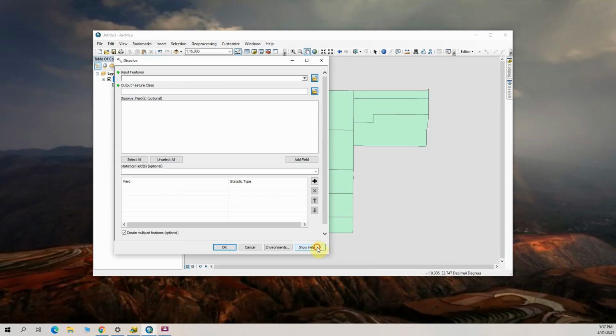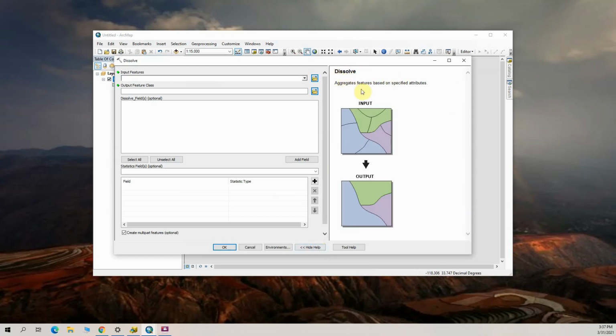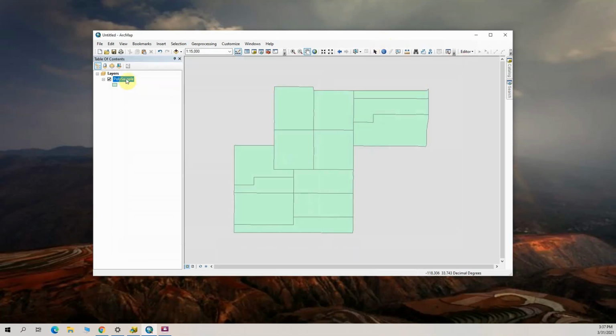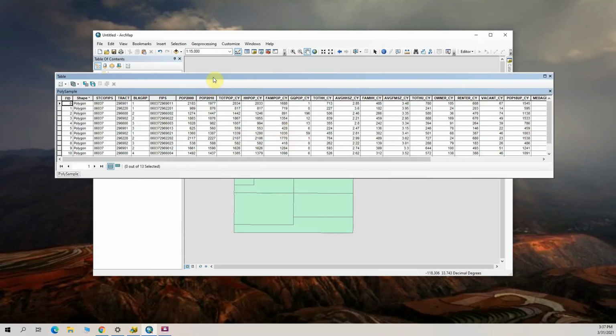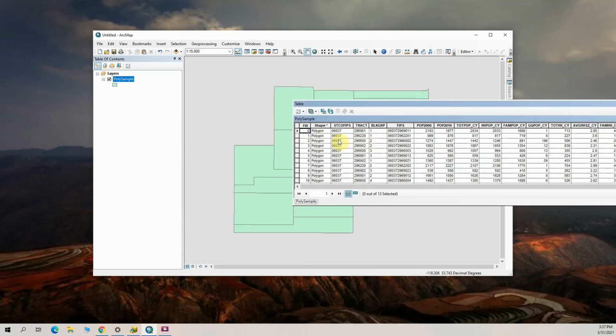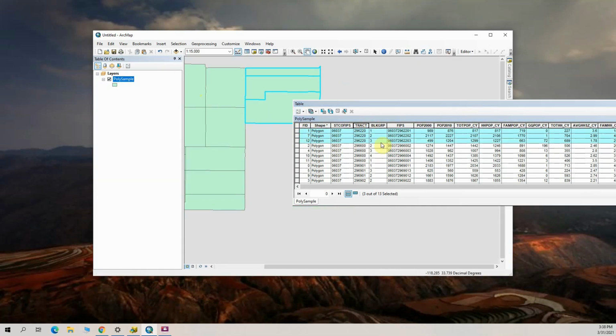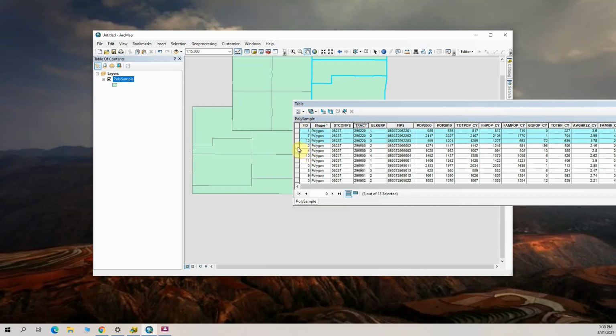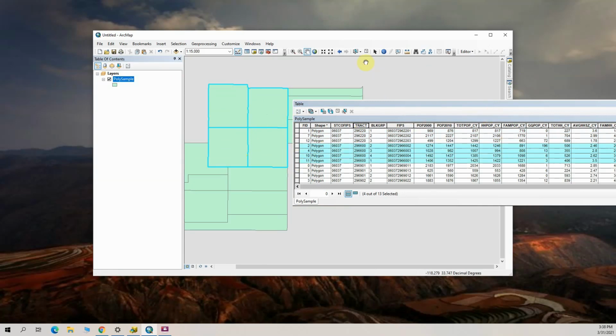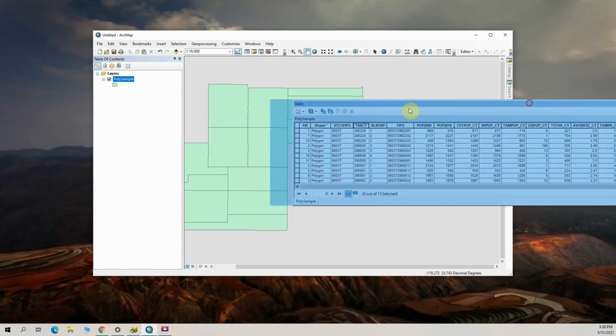And the help says dissolve aggregates features based on a specified attribute, and in our case we're going to use the tract. So 1, 2, 3 have the same tract number, and then these have the same tract number. So we're going to use the tract to dissolve